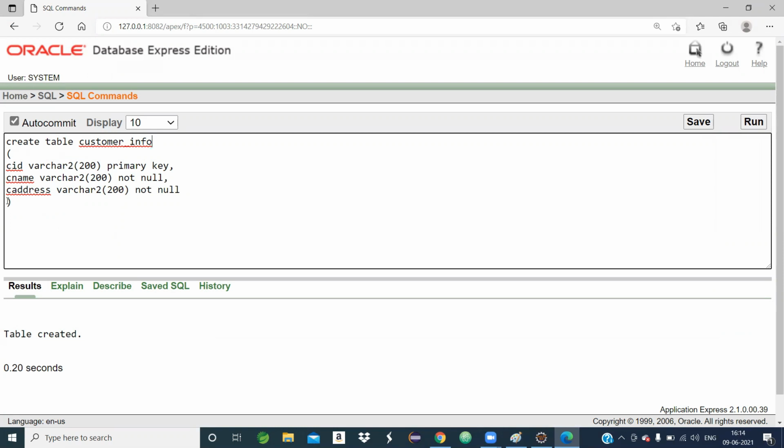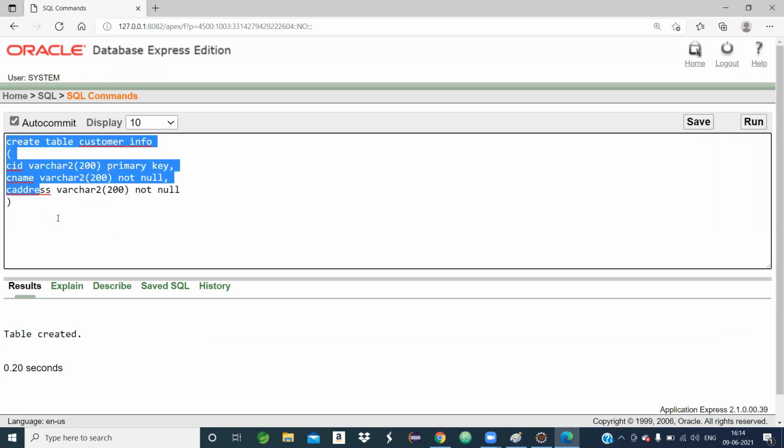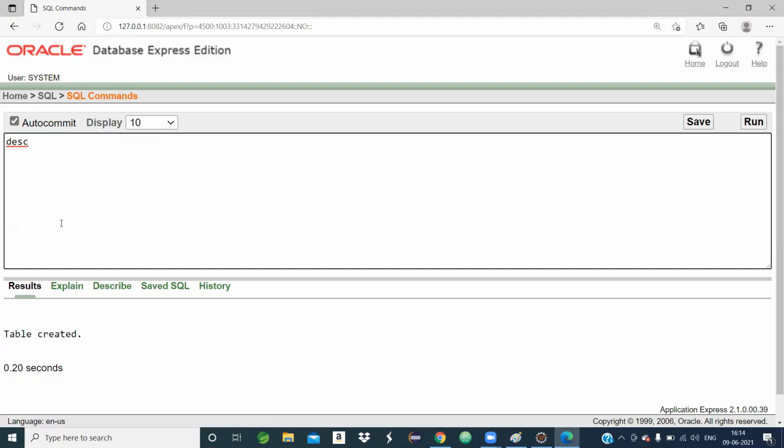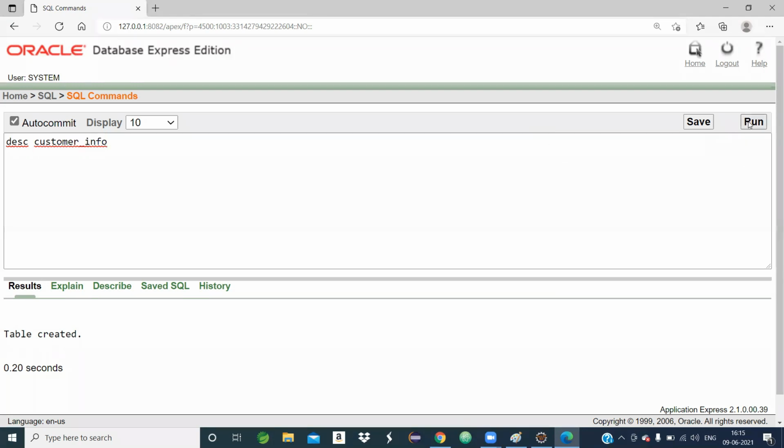Now I will see the structure of the table. To see the structure of a table, as we have known, we have to run the describe command. I can write DESC space table name. The table name is customer_info. Now I will hit run.